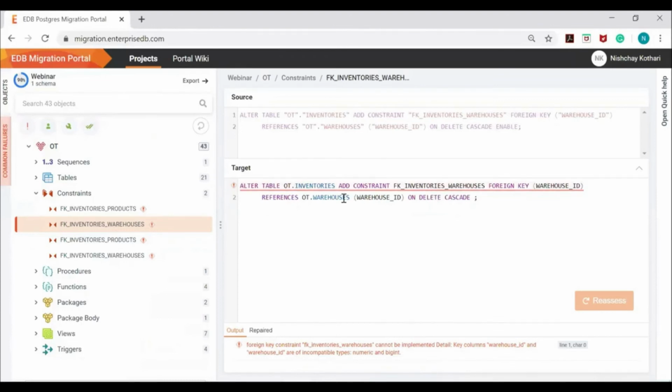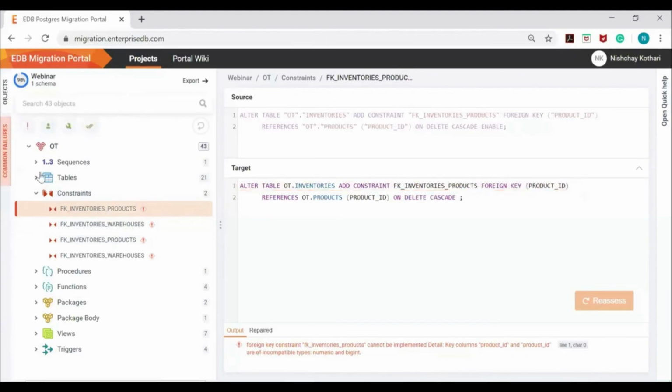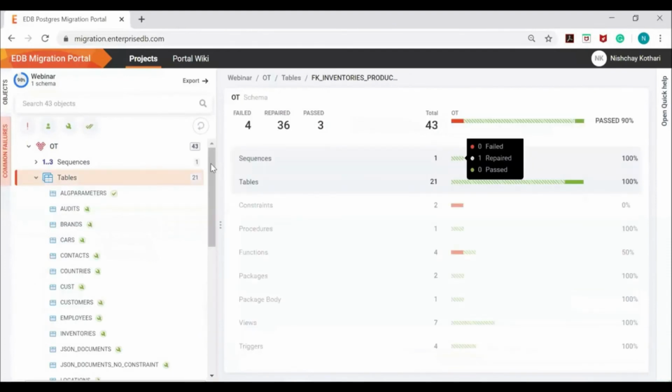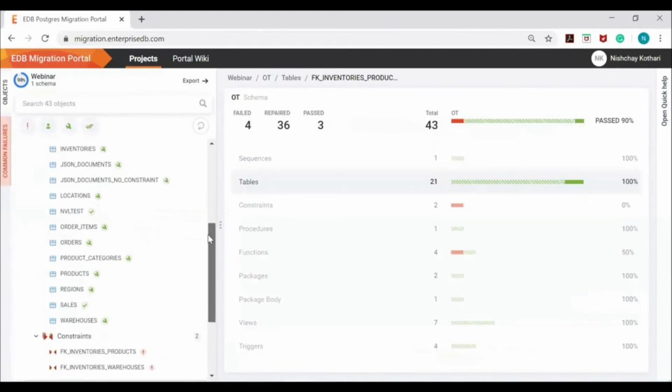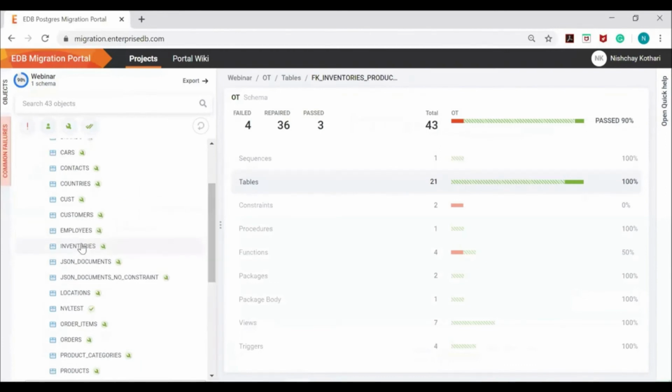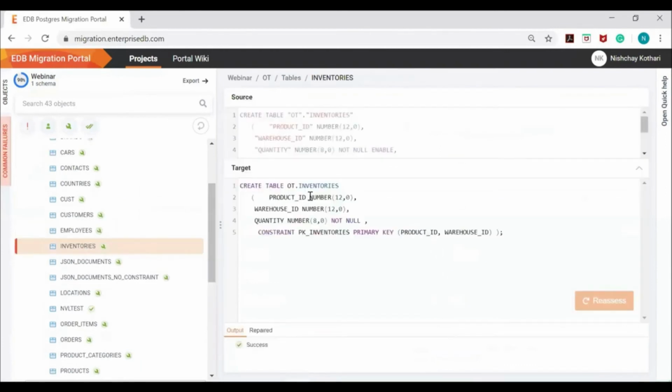So here's the warehouse table. Inventories is the table name, warehouse ID, and this one is product ID. Inventories table. So I'm changing the data types to big int, and also from here as well, big int.